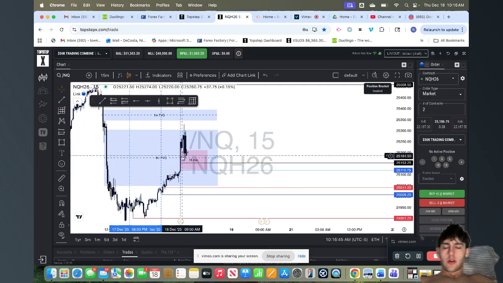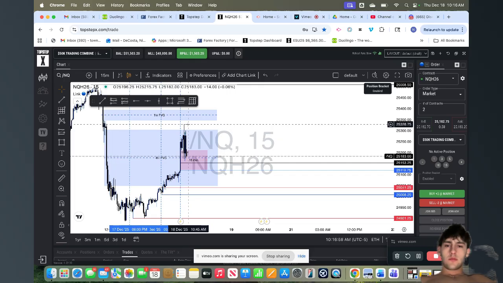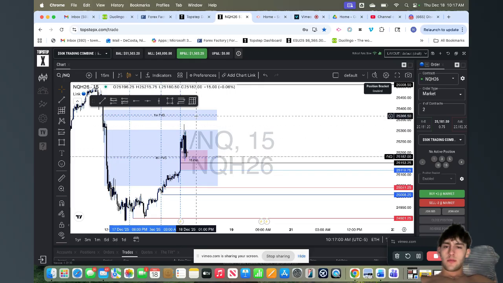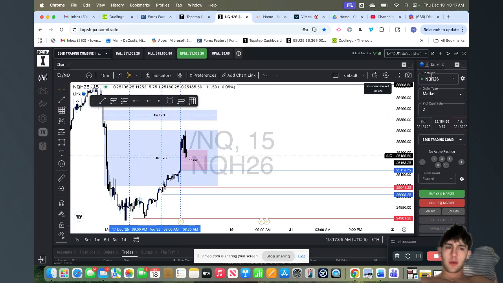Going into market, we are already located in this 4 hour fair value gap. So the only way I would be targeting this 1 hour is if we somehow managed to inverse the 4 hour, which I think we did. But we want to push a little bit lower. We will eventually fill this hourly fair value gap up here.